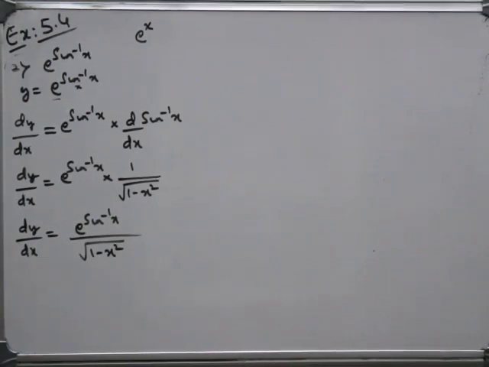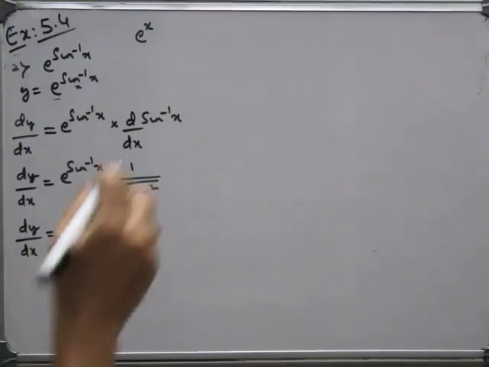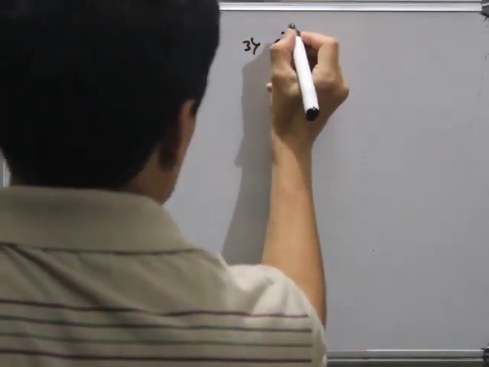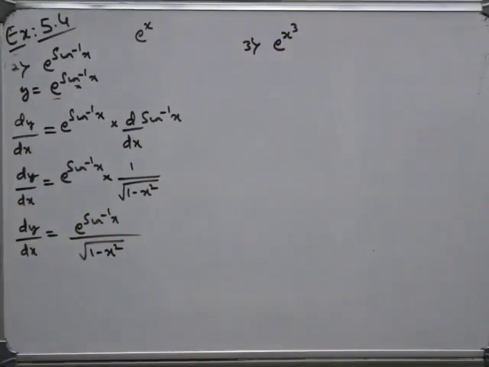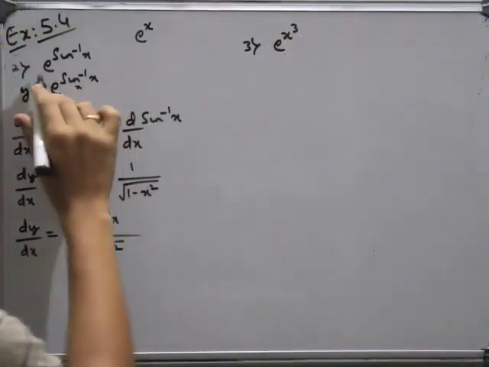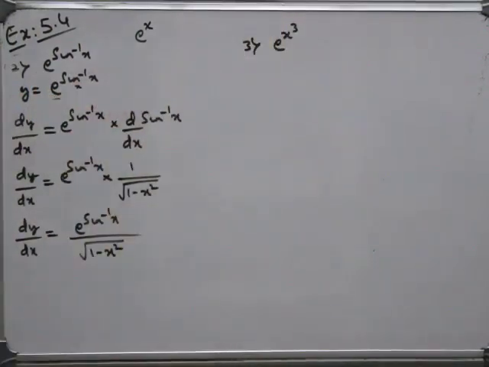So question number 3, e to the power of x cube. This is also based on chain rule. I will leave this question to you, because it can be easily solved. First differentiate the exponent function as we did here, and then differentiate the x cube function. This is a very simple one, so you have to try this. The third question is for you to solve. Next we'll move on to the fourth question.